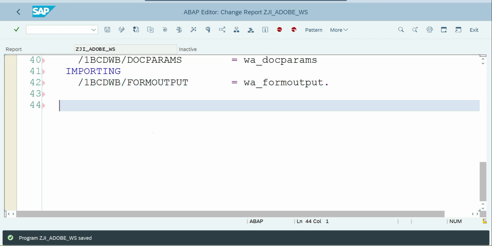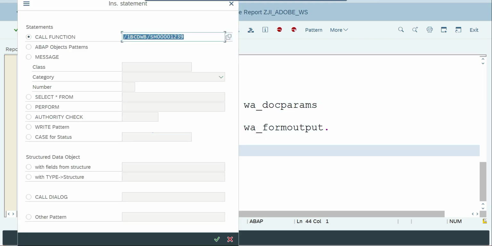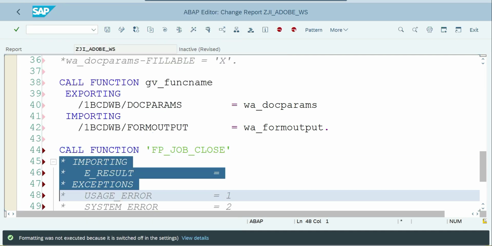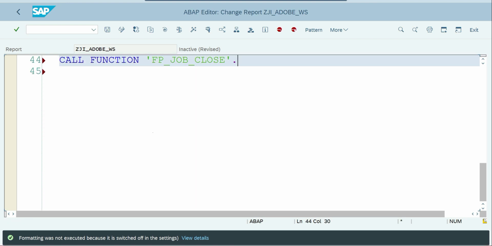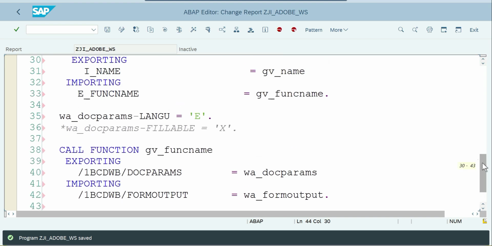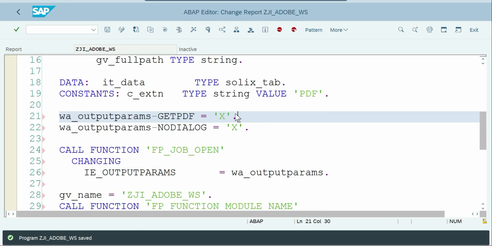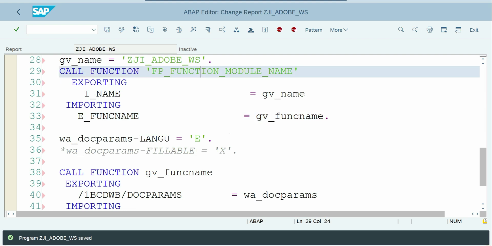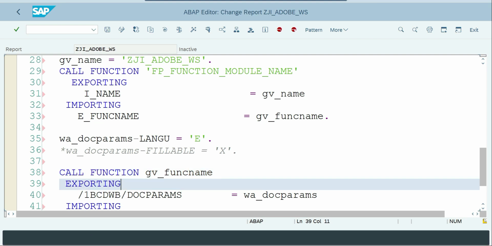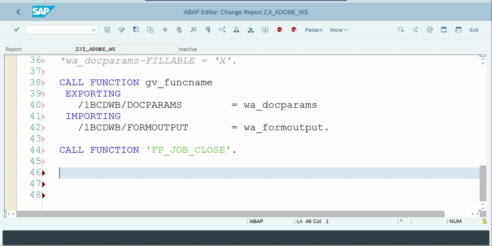Okay. So finally we have to use close, FP job close. Okay. I don't want anything on this. Delete. So the first portion is done. So here, job open, and then we call the function module name, and with parameters we call the function module. And then close. Okay, so next I'm going to call the file